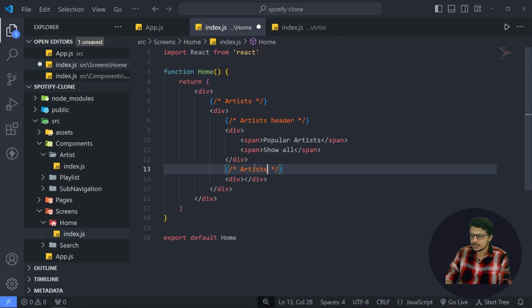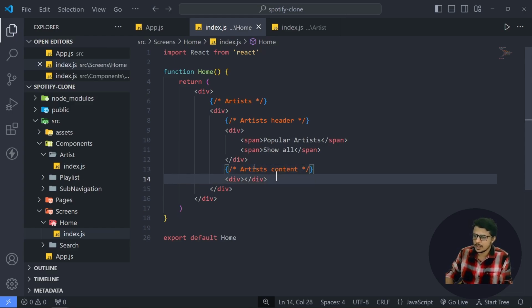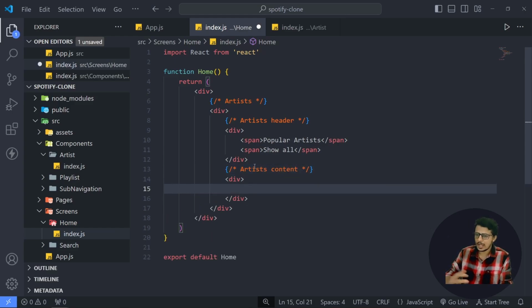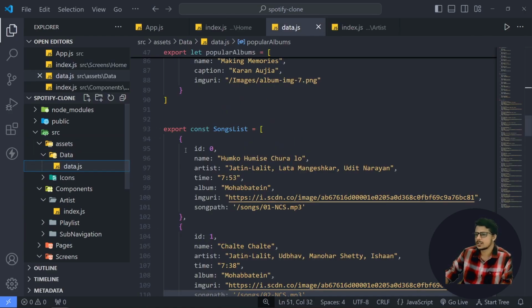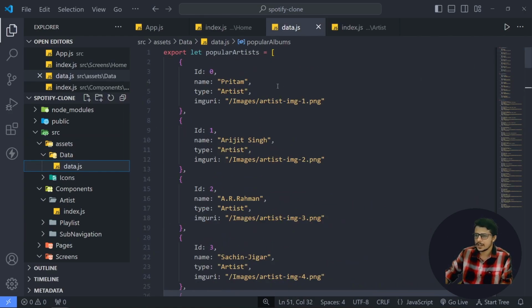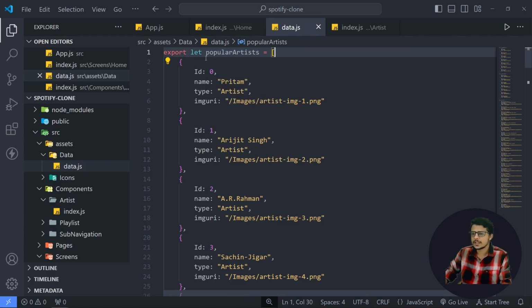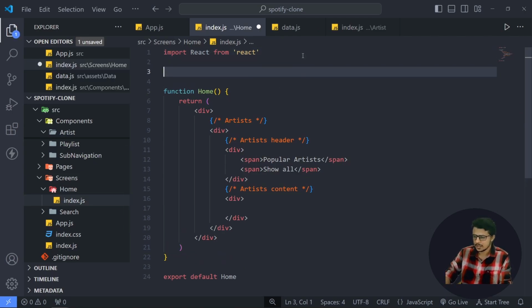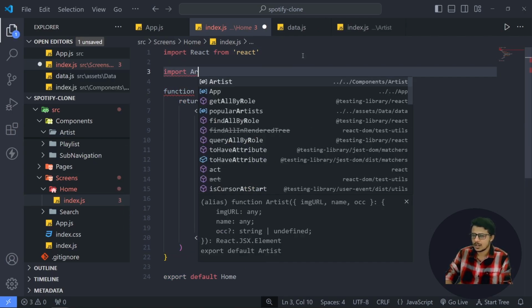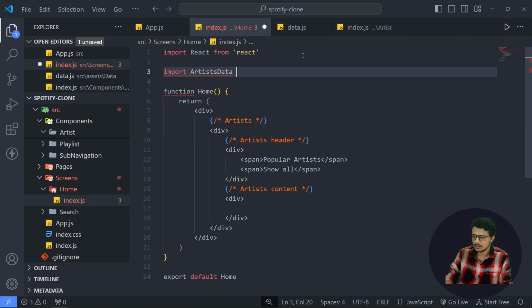Our test content. Okay. Here, and inside this we have to map it. So if you remember, inside our assets data and data.js, we have an array of popular artists. So this array we can import it, and we can use this array. So let's import it inside the home. I'll say artist data from